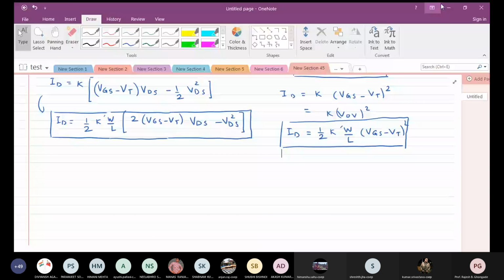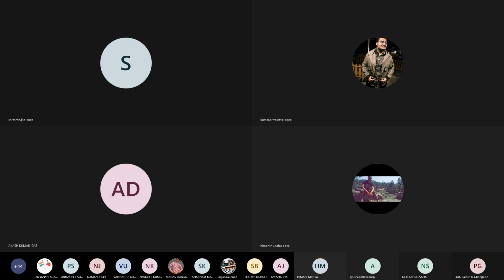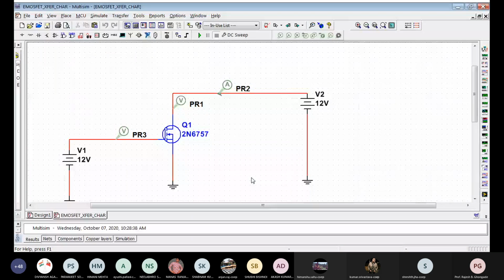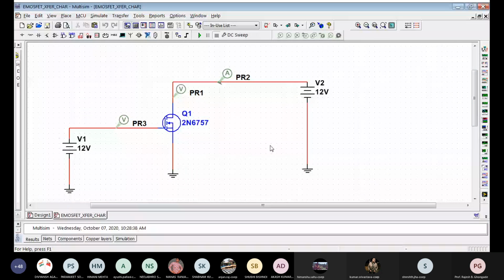So first of all, we will take a look at the transfer characteristics of the device. Is this visible now? Yes, sir. Now, if you use this particular device, no problem. If you use the virtual device, no problem. But you'll see that it is characterized by